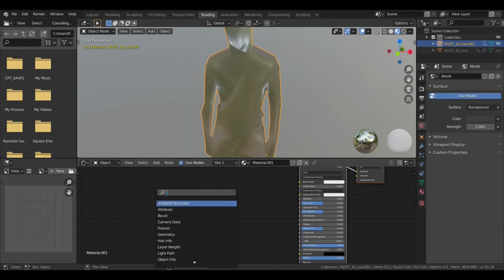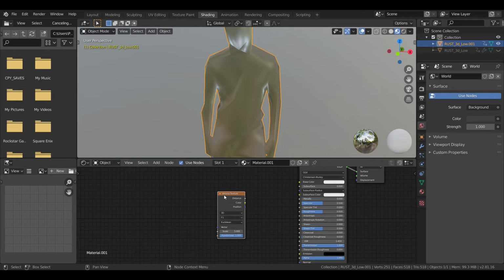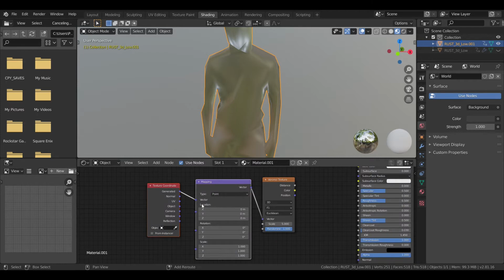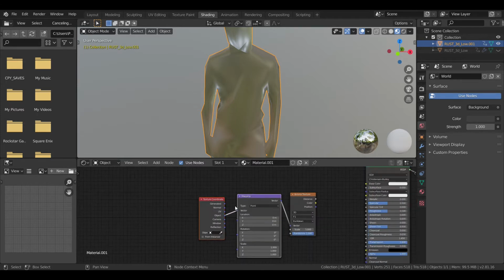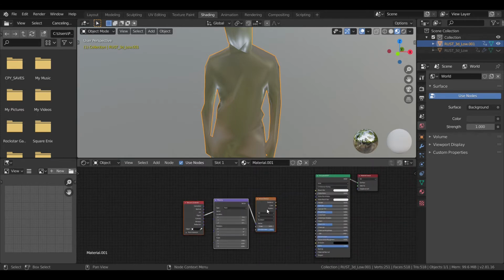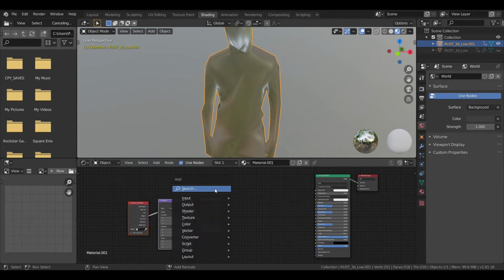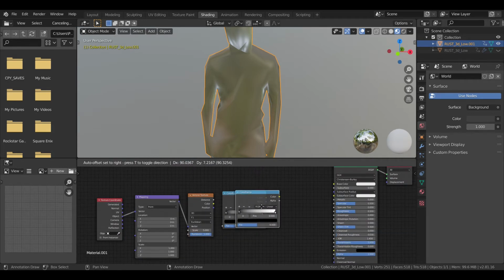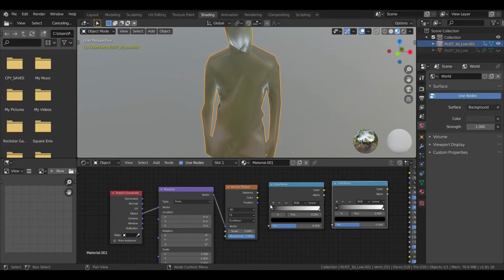So we'll apply a Voronoi texture. Make sure you have the Node Wrangler add-on enabled. In the preferences, go and add the Node Wrangler add-on. So Control T. So it brings a mapping node and a texture coordinate. Make sure it's from object to vector. Now what we'll do is move it a little there and we'll add color ramps. One color ramp over there, copy this color ramp, Shift D, we'll get a second color ramp.